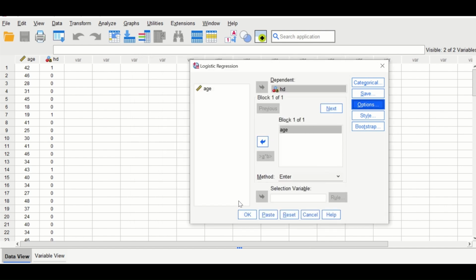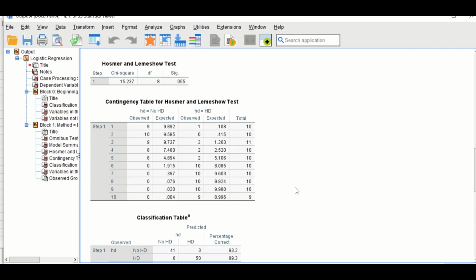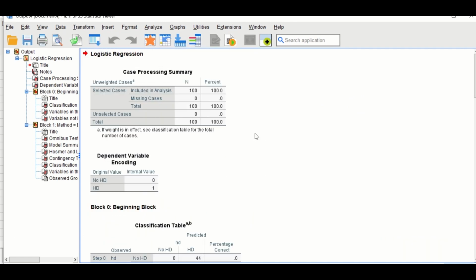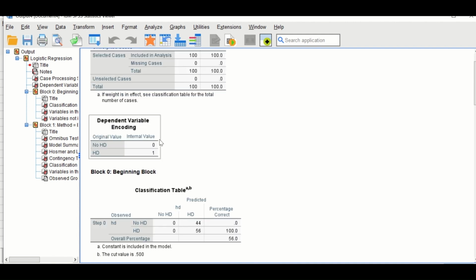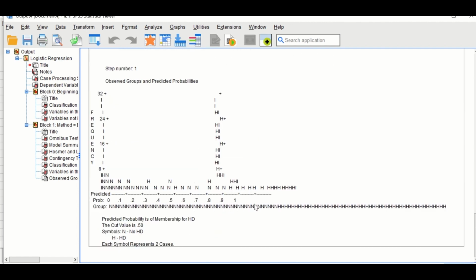If I click on Continue and then click on OK, an output is generated with several tables and a diagram. From the first table, it is shown that there are 100 cases in the analysis. There are no missing cases. The second table is the dependent variable coding. So 0 is given for no heart diseases, 1 is for heart diseases, which is very important, essential to recognize, because the 0 will be the reference group to compare to,